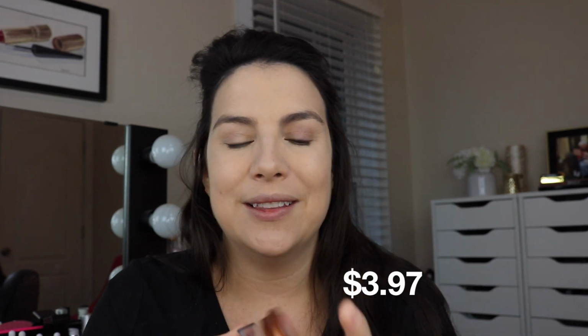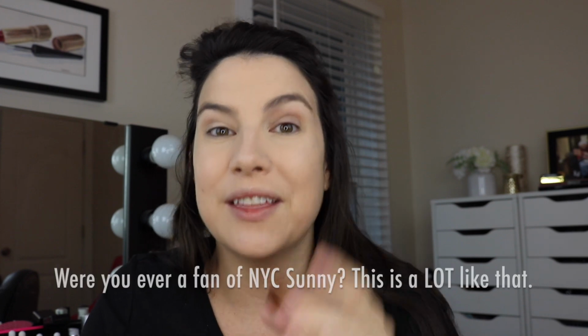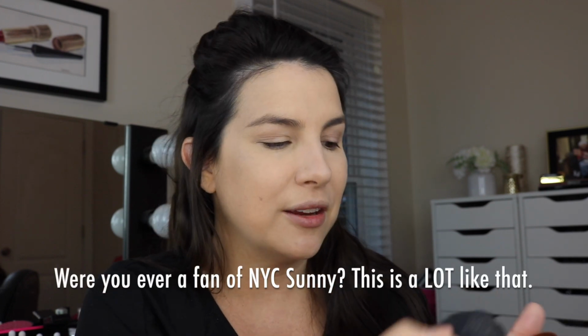For bronzer, I'm going old school. I'm going to one of the earlier bronzers used consistently on this channel. Also something I remember my friend Kaylee getting and completely using and buying again and using. It's the Rimmel Natural Bronzer, and I have it in the shade Sunlight. This comes in multiple shades. This is a really, I think, middle of the road bronzer shade that can work, and it's a matte one. They have one that I think has a little bit of sheen in it, but it is a great basic